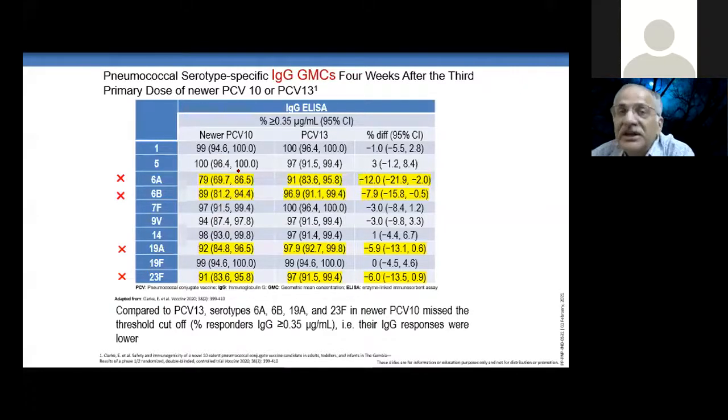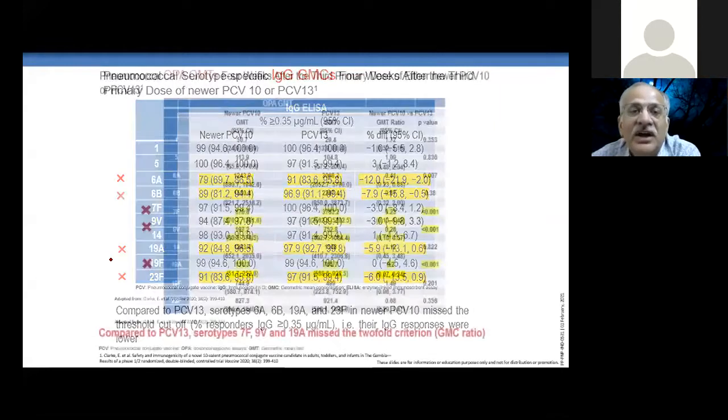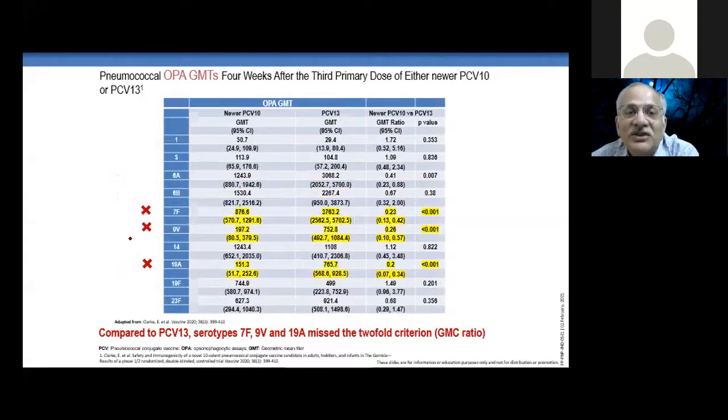So phase 2 study means, as we all have now learned in COVID times, that phase 2 is only a dose finding study. After the phase 2 study, the dose was tweaked, the dose was increased, other changes were also made. Almost 13 different changes have been made. And when we compare the PCV13 levels, we should compare with the PCV10 new phase 3 study, rather than the phase 2 study. Phase 3 is the actual vaccine which is being marketed. So don't go by this chart, because these are phase 2 studies, which are actually trial phases where you study the doses of the vaccine.